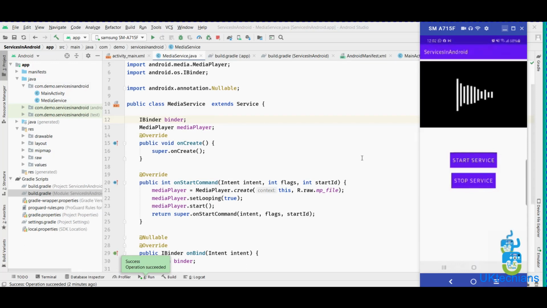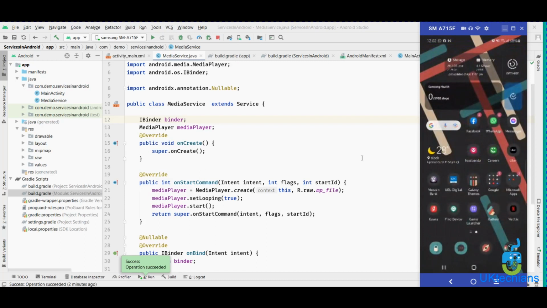Let me press the home button, so it will say that it's running in the background, right?